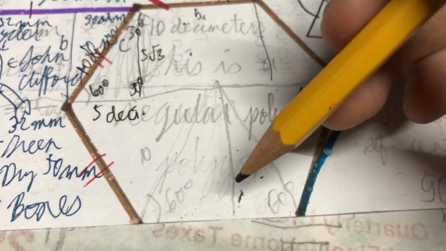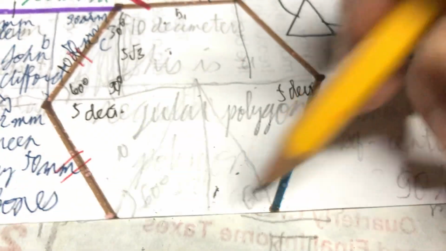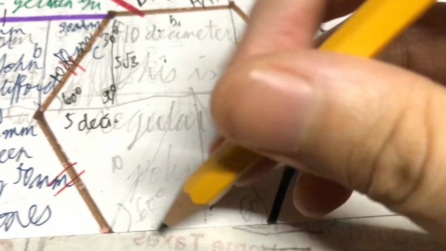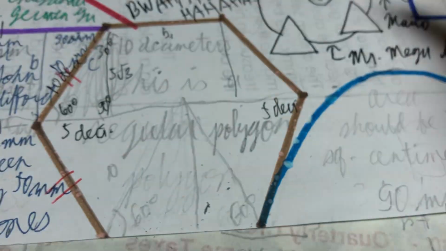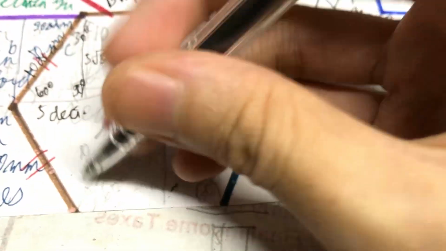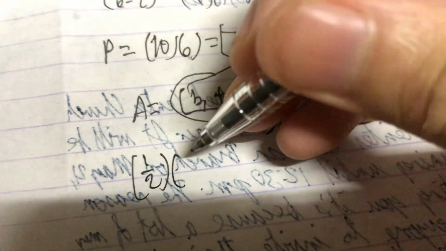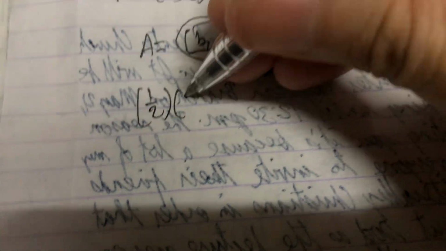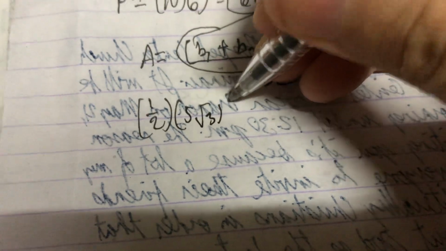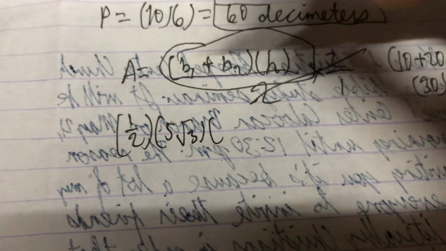So, you use the Pythagorean theorem. Remember this is 10, but divide by 2, so this is just 5. So this is the formula you will use: 5, then 10, and then the height, 5 times square root of 3. Right? And the formula for the apothem is this: one-half times a, for apothem. What is the apothem? The height, 5 times the square root of 3. Then times the perimeter, the entire perimeter of the